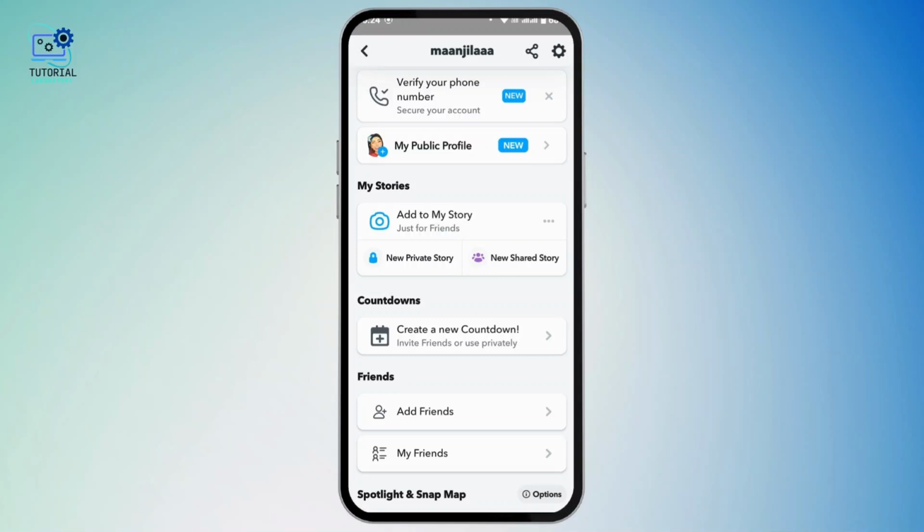You have to post stories and view stories from friends and public accounts, and engage with the content in the Discover section by watching videos, reading articles, and interacting with ads. You have to use Snapchat filters and lenses regularly, especially new or trending ones, and create and share snaps with